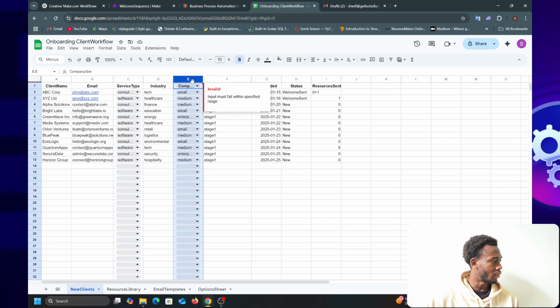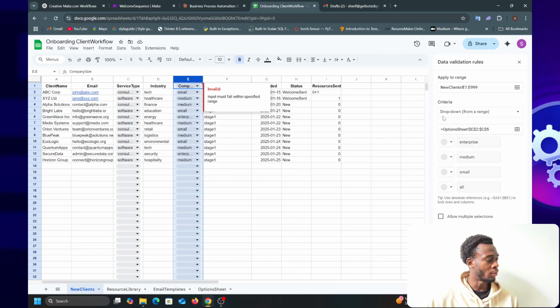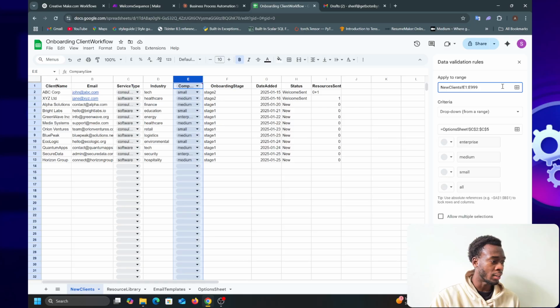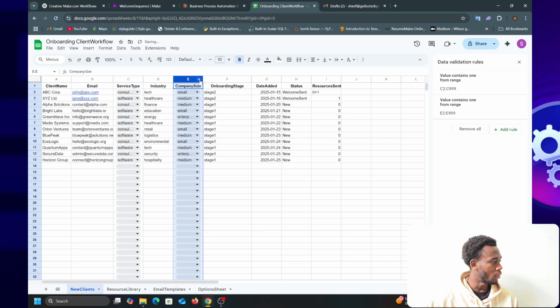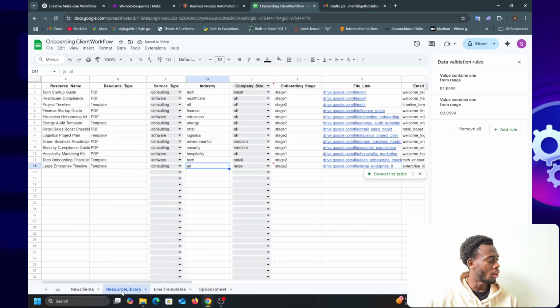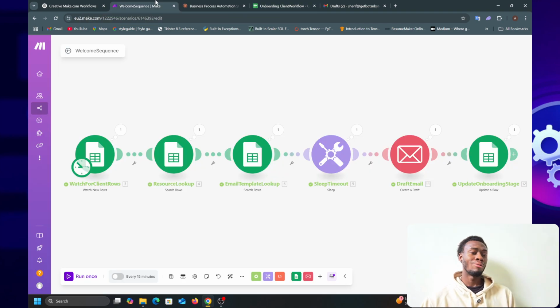Let me drop down, starting from E2 because E1 is the heading. So alpha solutions is gonna be all, yeah. So consulting, finance, all stage one, right? So resource library, consulting, finance, all stage one. Right now I'm making sure that it matches, but if you're a business, you're probably gonna have